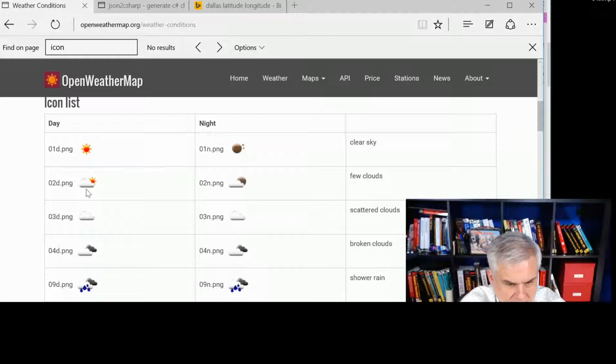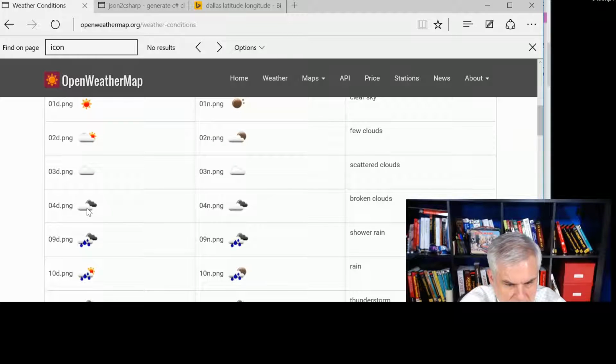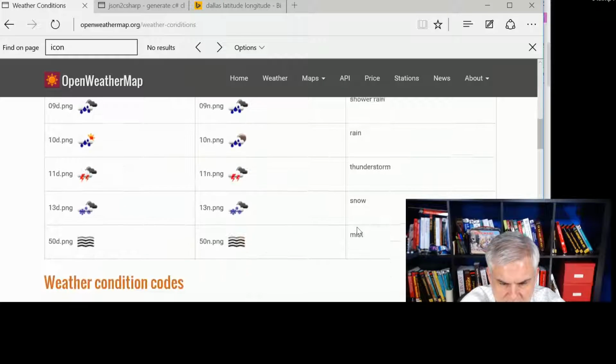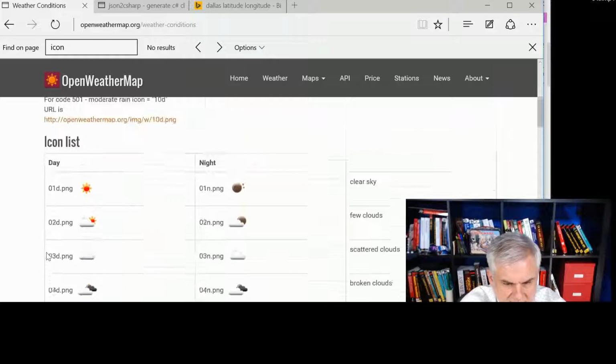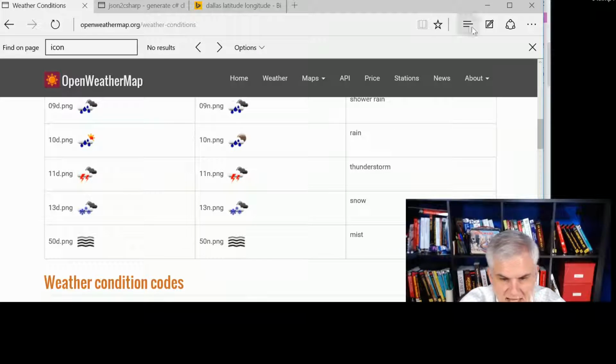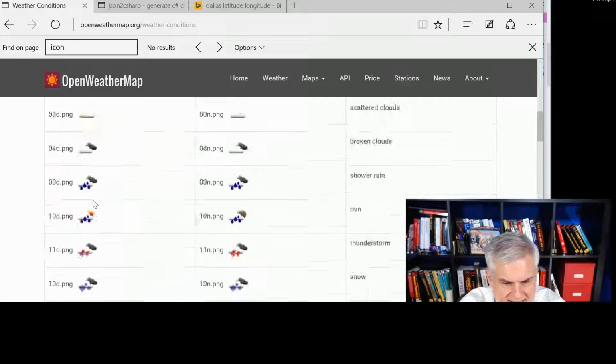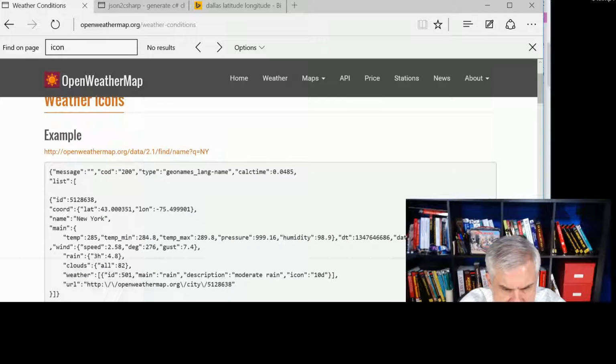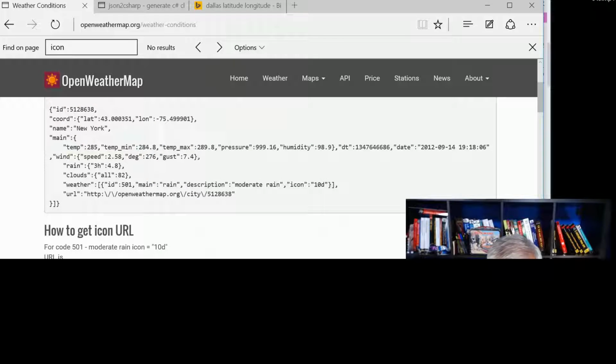So this is sunny, partly sunny, cloudy, overcast. It looks like they have the descriptions too here: clear sky, rain, mist. So there are like 9 or 10 of these things with specific names. What my thought process is, we can access these by going to this URL, for example,